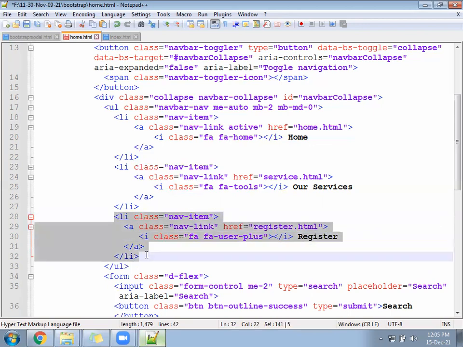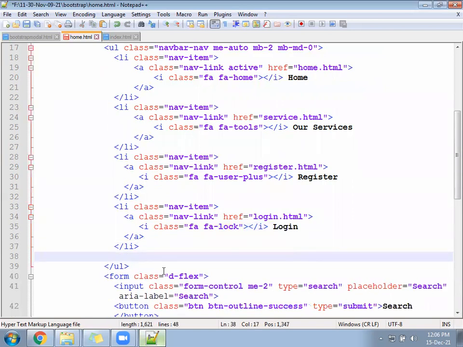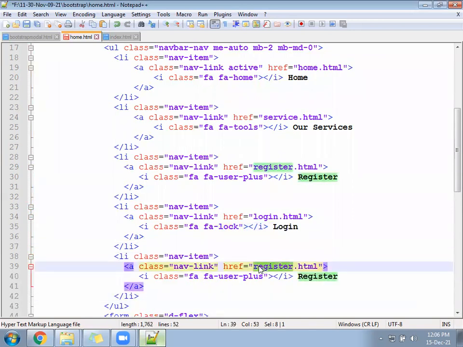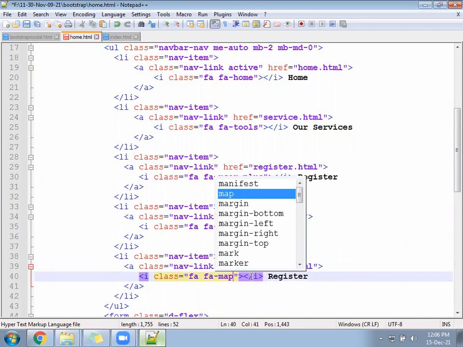Add one more link, login.html, FA FA log. Write one more li, Contact, FA FA map hyphen marker.